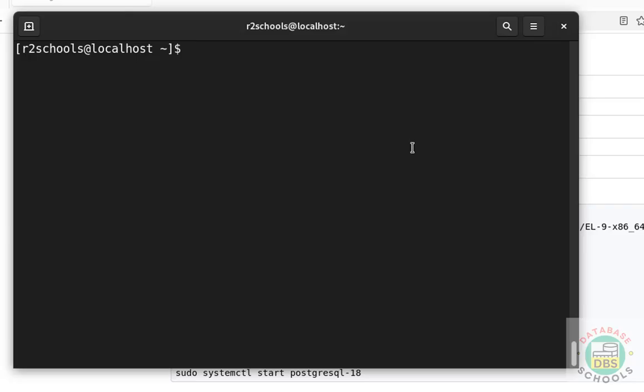Control A. Until now we have connected to PostgreSQL server by using the psql client. We can also connect to PostgreSQL server by using pgAdmin or DBeaver. Those are the most popular tools. You can search my YouTube channel for how to install both pgAdmin and DBeaver on RHEL operating systems. Okay, so in this video we have seen how to install and configure PostgreSQL Server 18.1 on